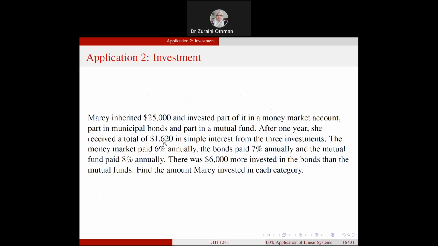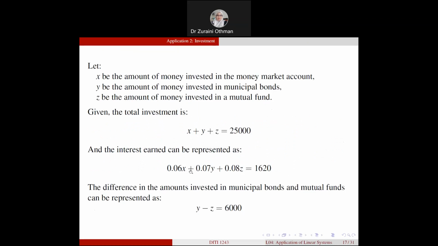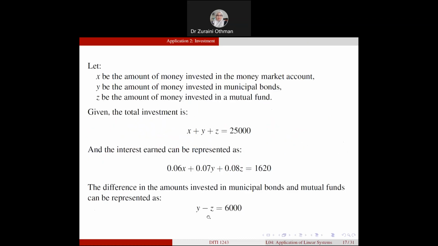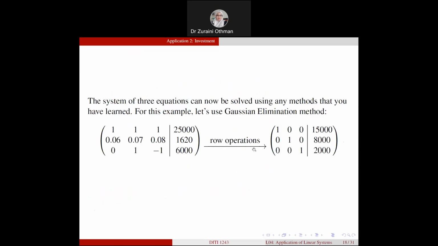And for the second, ialah dia punya interest annually tu kan. 6% for X, 7% for Y and 8% for Z and total interest yang didapat ialah 1620 and that last statement just now ialah perbezaan di antara bond dengan mutual fund tu kan sebanyak 6,000 kat situ. Okay, dapat the third equation. And from here, how can we solve? We want to know the exactly X, Y, and Z value. Okay, now we can solve by using Gaussian elimination or you can solve it also in a